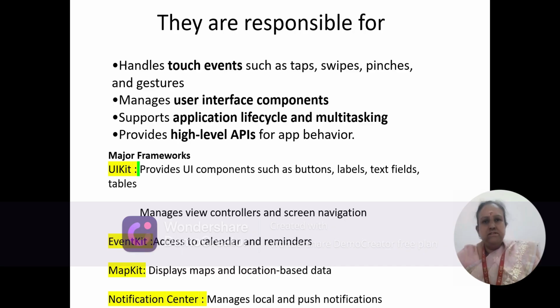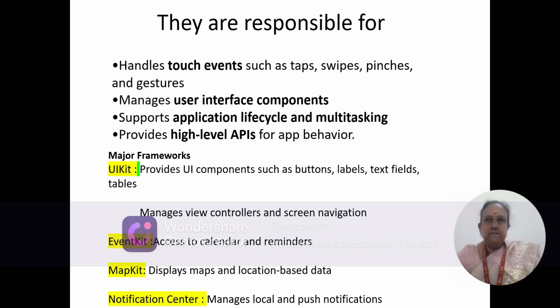All your user interface components and application multitasking facilities are used by this. So it has a UIKit, like the buttons, labels, and text fields, which are built through this layer, and also the screen navigations. Everything is controlled by this particular layer, and also the event kit, which is used to